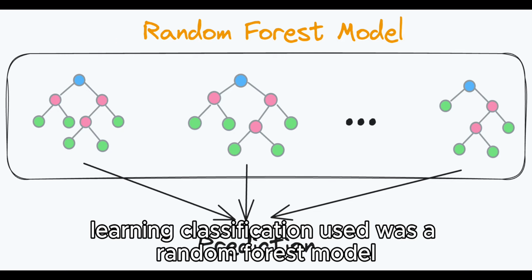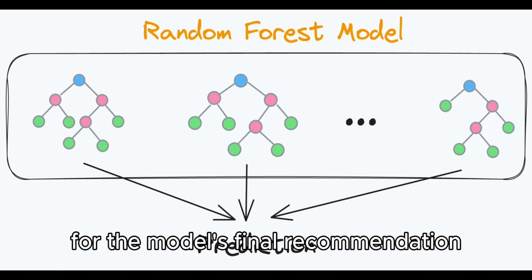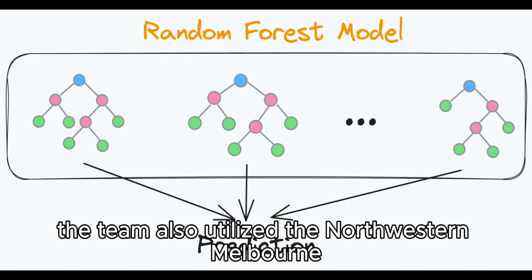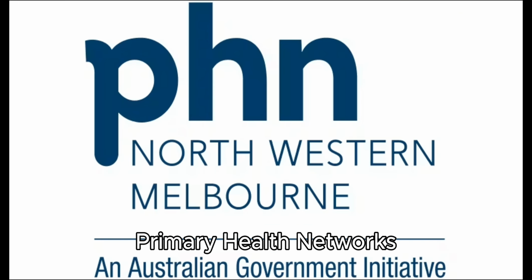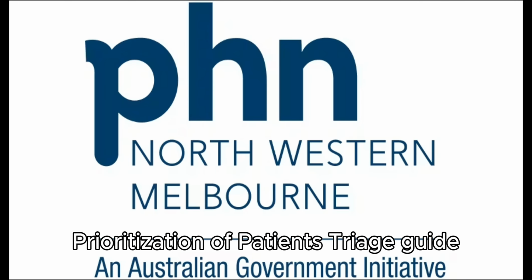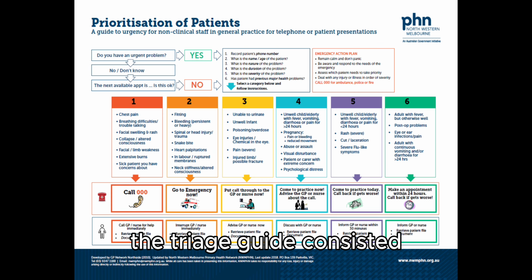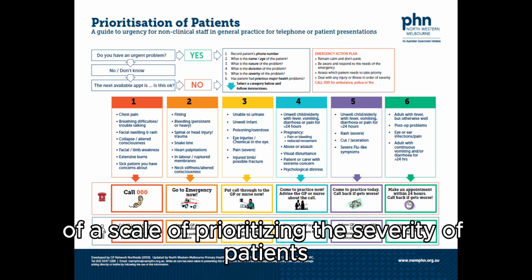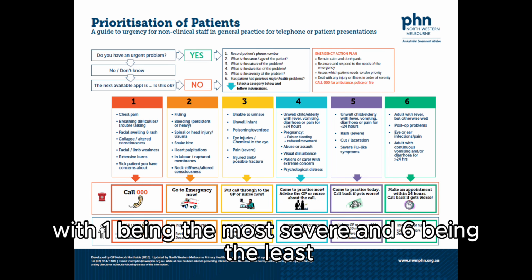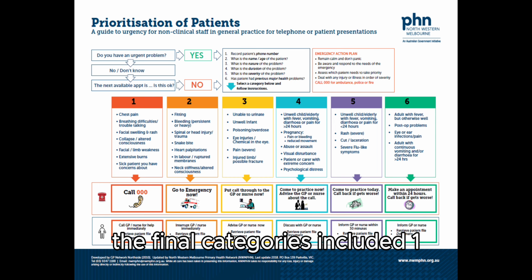The machine learning classification used was a random forest model. For the model's final recommendation, the team also utilized the Northwestern Melbourne Primary Health Network's prioritization of patients triage guide to provide detailed triage recommendations. The triage guide consisted of a scale of prioritizing the severity of patients, with 1 being the most severe and 6 being the least. The final categories included: